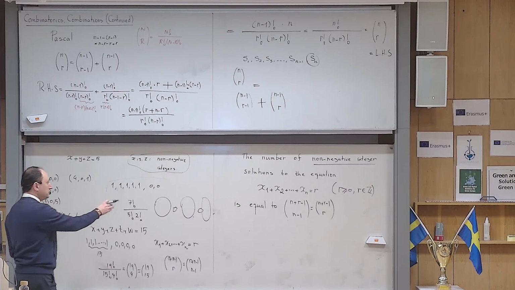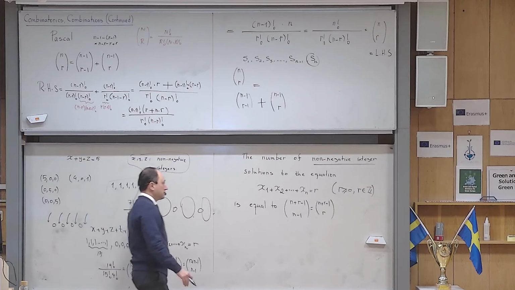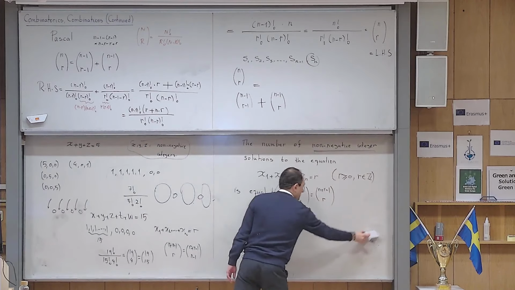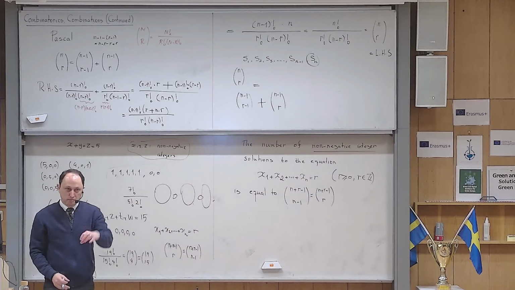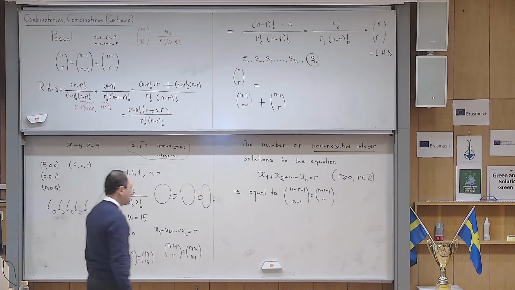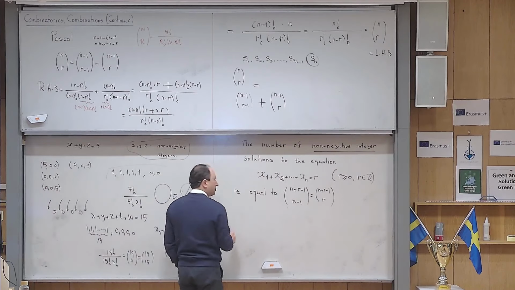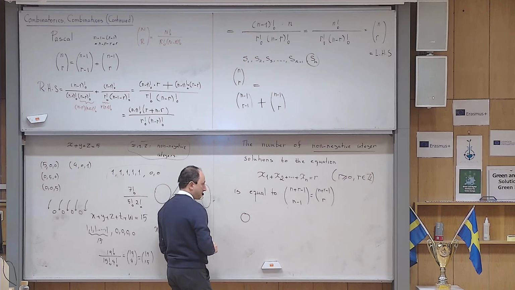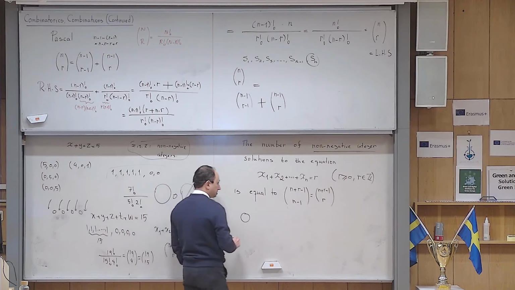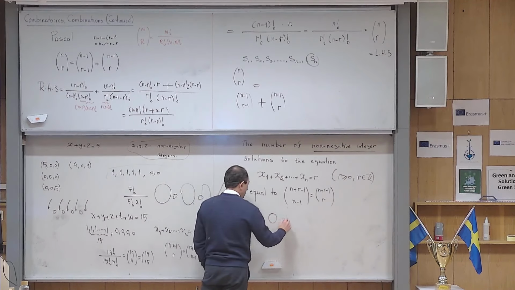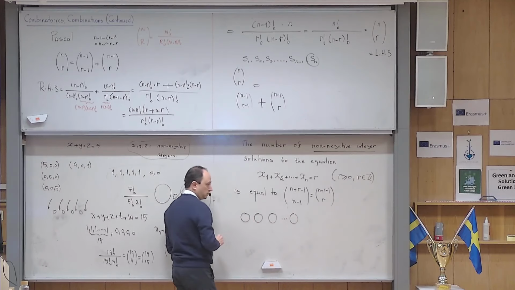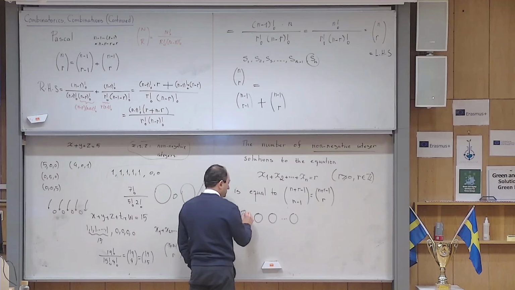Okay, before finishing this problem, let me ask you one question. Do you remember we had different models for distributing marbles in boxes? Now let me give you this distribution problem. So I have identical marbles. How many of them should there be? So I have r identical marbles. So it doesn't matter for me. Of course, this is a hard